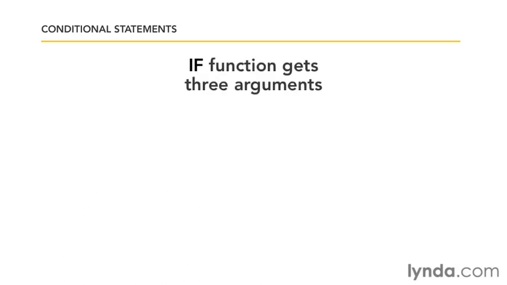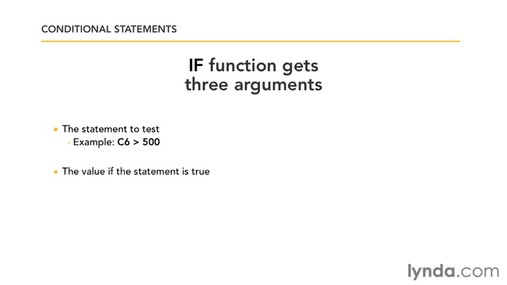The IF function gets 3 arguments. The first argument is a statement that you test. For example, you might say the content of cell C6 is greater than 500. When you have that condition, there are 2 possibilities: either it's true or it's false. So the IF function will output one value if that statement is true, and another value if that